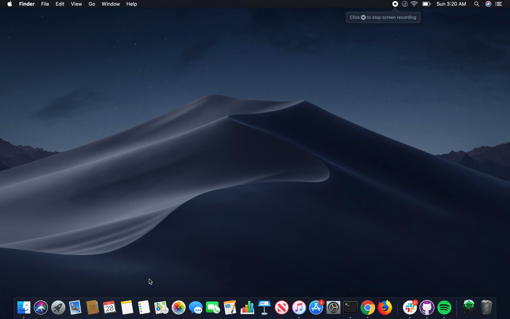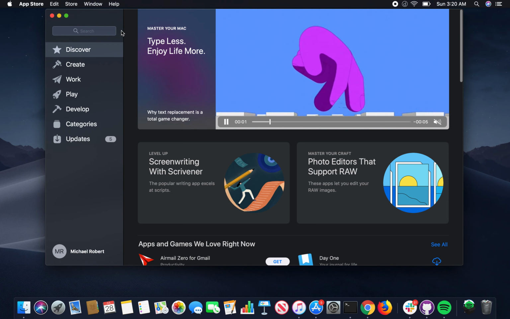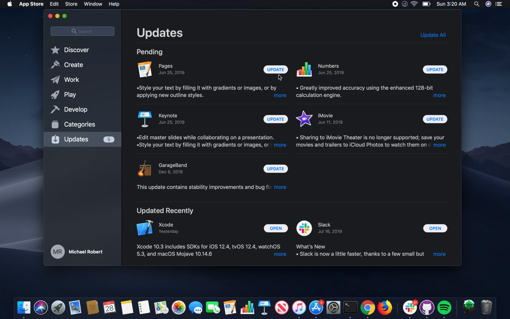Today I just want to show you how to update your apps on Mac OS. So the first thing you want to do is go down to your App Store and give it a click. It'll populate this menu. From here, click on Updates, and then from there you click on Update